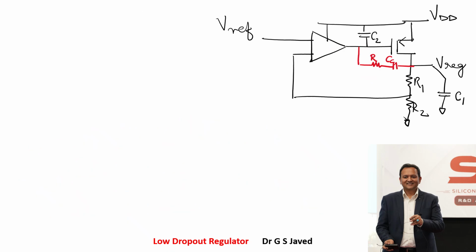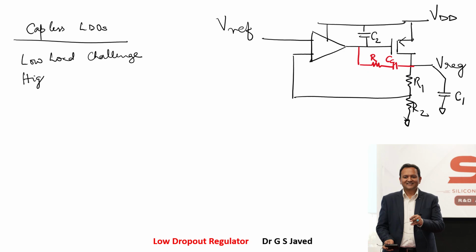Now let us look at how the load current gets impacted with the output pole. As mentioned earlier, we know that for capless LDOs, low load is the challenge. High load is easier. At higher load it is stable. So to address this, let us look at what can be done at low